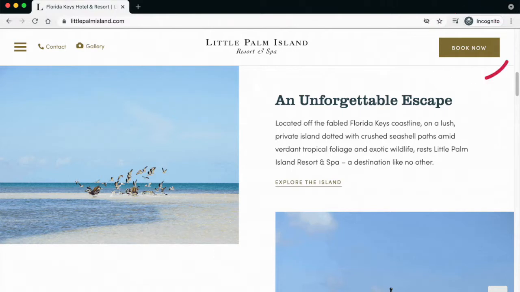As a more general hotel marketing best practice, it's also a good idea to keep that booking engine visible. Give it a prominent spot on your homepage. Lock it in place when someone scrolls down, or have a Book Now button visible right there in your navigation bar. Make sure this is super easy for your potential guests to find and use.